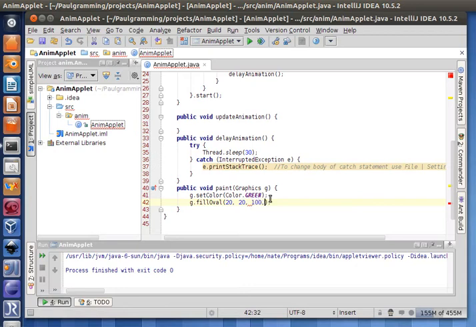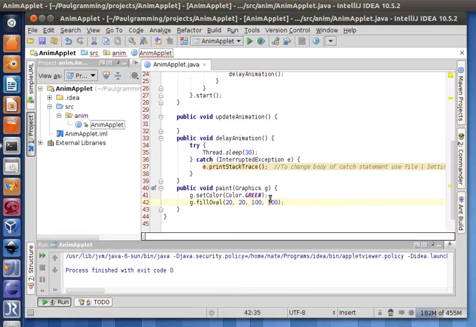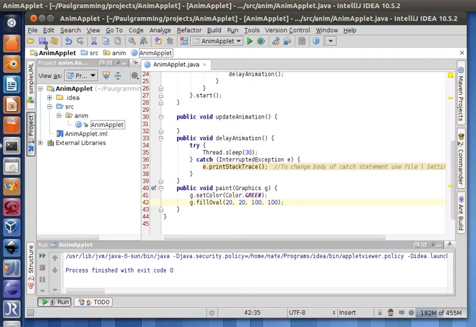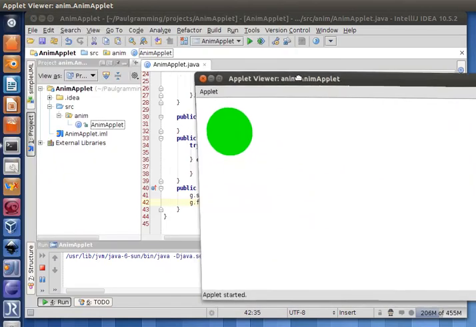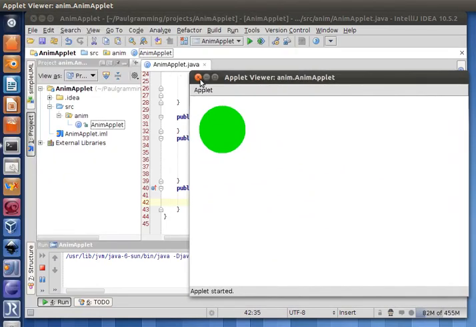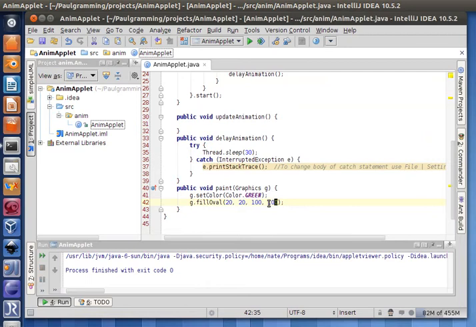And 100 and 100. Now let's run it. We don't see the animation yet, so